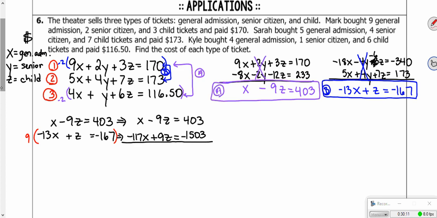Okay, so now my z's cancel, which is what we wanted. So I've got negative 116x equals